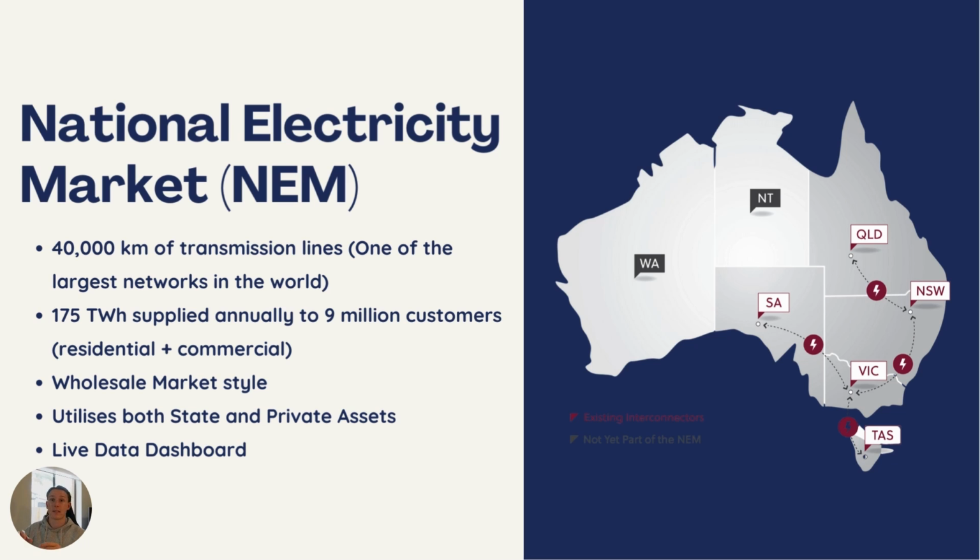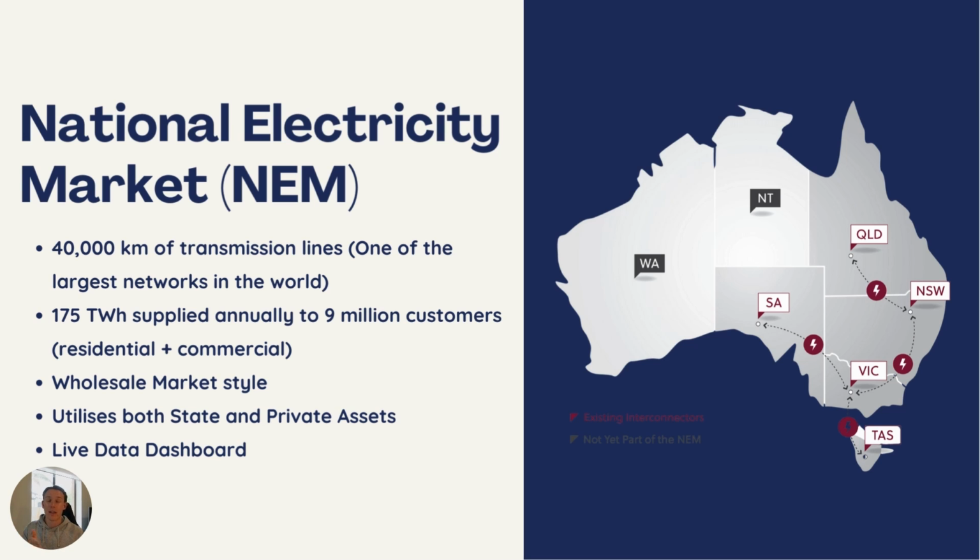Now, this interconnected system is one of the largest in the world, spanning around 40,000 kilometers of transmission line. But it is considered one of both the longest and sparsest. If you think about Australia, we're a very distributed population, meaning that people live in that middle sort of Australia, but it's not very dense. So to distribute power into those areas, it's very long lines, and to build reliability for that, you've got to build two, so they build to n-1 reliability, meaning that if one fails, the other can pick up the slack.